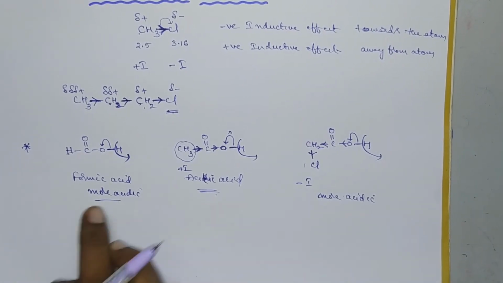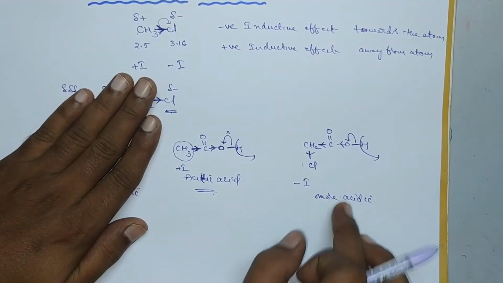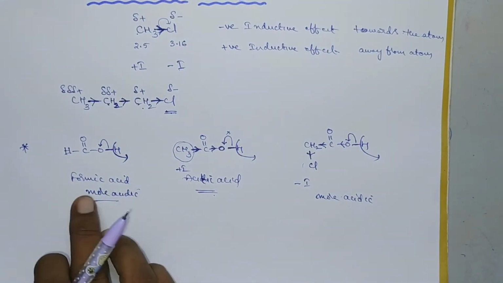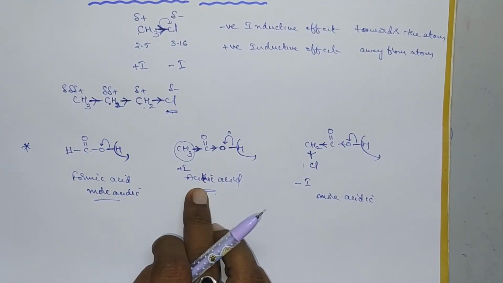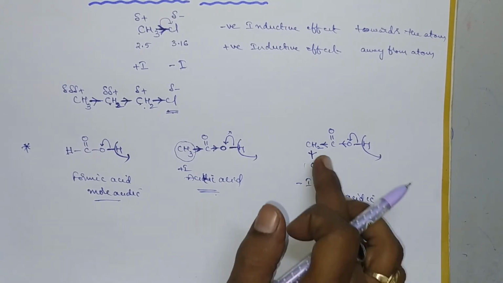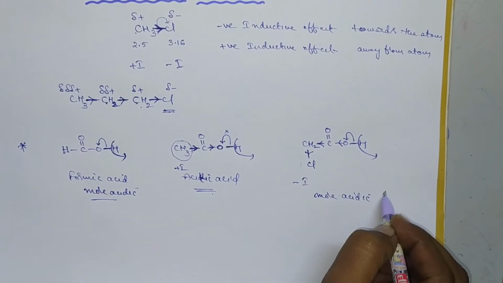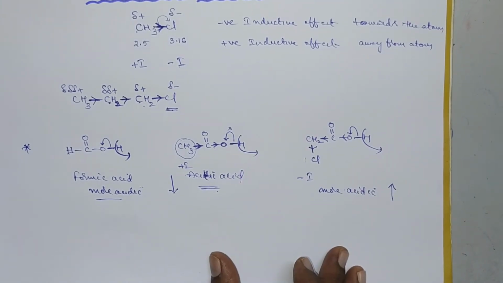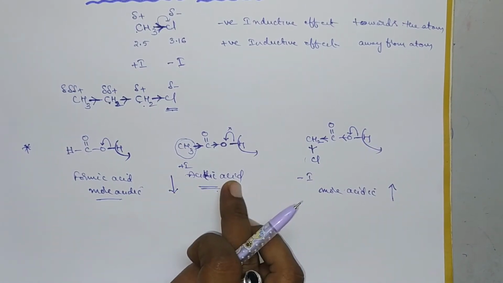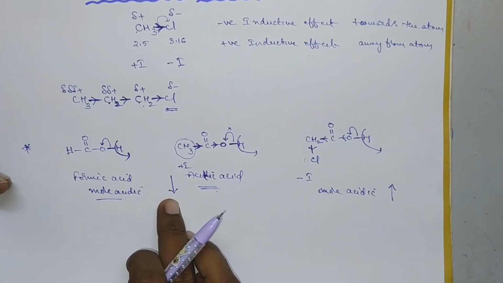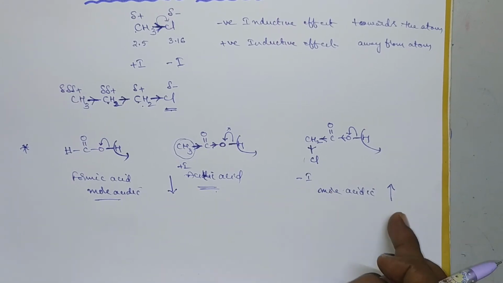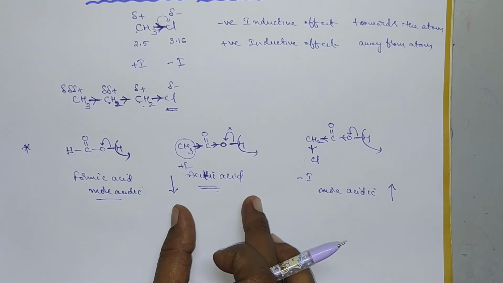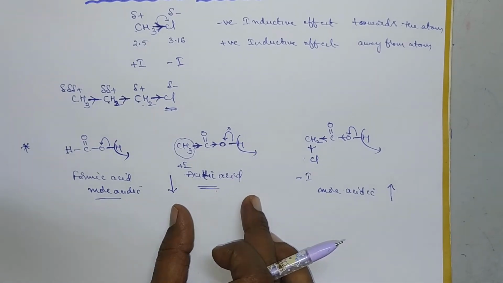So in between these two it is more acidic. Okay, so here minus effect, here it is plus effect. So from these 2 points we can say the minus I effect increases the acidic character, whereas the plus effect decreases the acidic character. Okay, clear? If there is any plus affecting group, then the acidic character will be decreased. If there is any minus affecting group, then the acidic character will be increased. So remember these 2 points. Okay, clear? So now let us have a look at some questions.